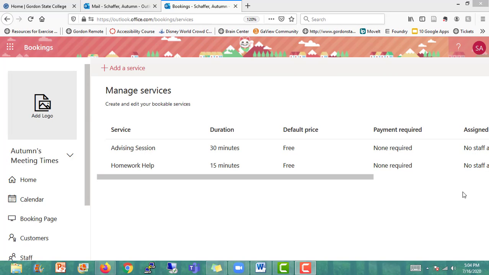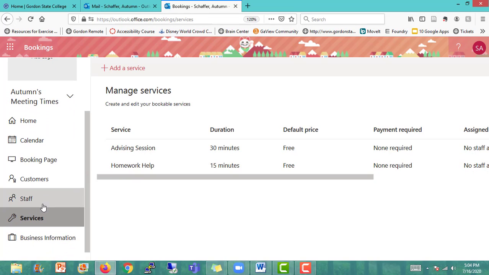Now that we've successfully created our bookings page, what happens if some of these services are going to be online via a web conferencing system? How can I go ahead and give my students that link so that they'll be able to join at the time of their appointment? So what we want to do is log back into your bookings area,